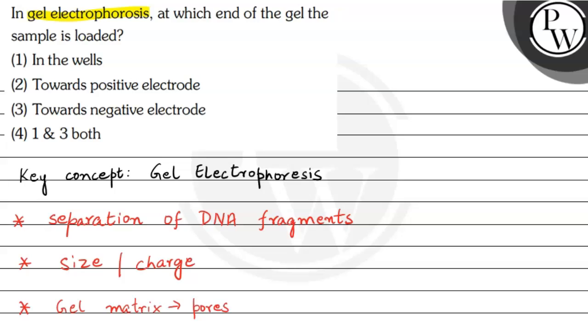So we can say the DNA fragments which are larger in size will travel least through the gel because उनको pores के through से पार होने में ज़्यादा time लगेगा rather than the smaller fragments. So the smaller fragments will travel the most through the gel matrix. So the larger fragments of the DNA will be found at the top of the matrix. On the other hand, the smaller DNA fragments will be found at the bottom of the gel matrix.